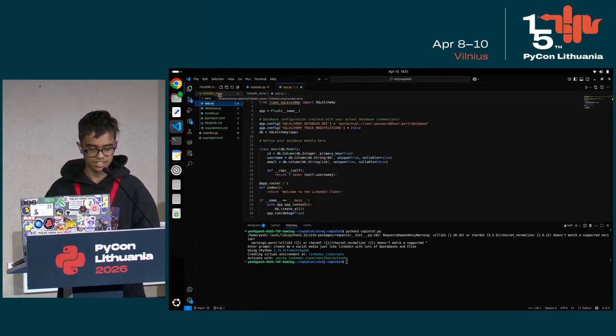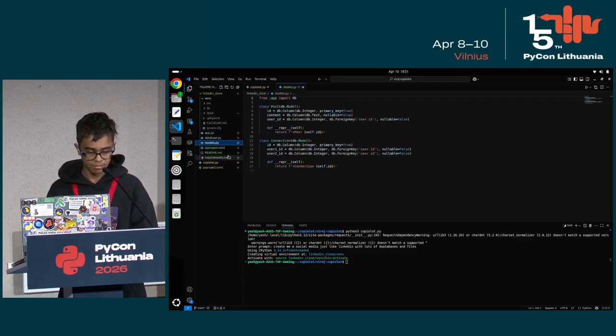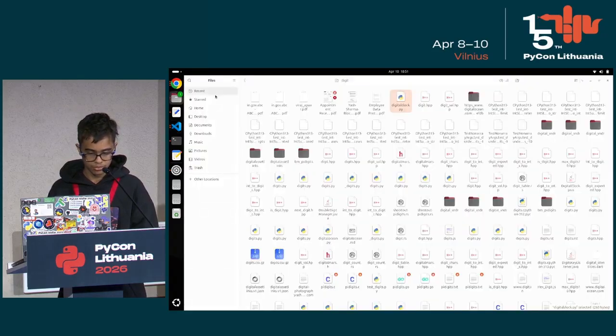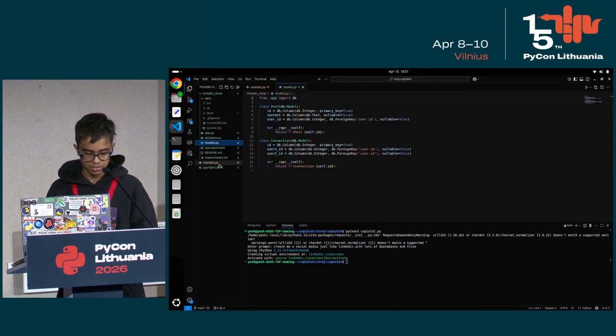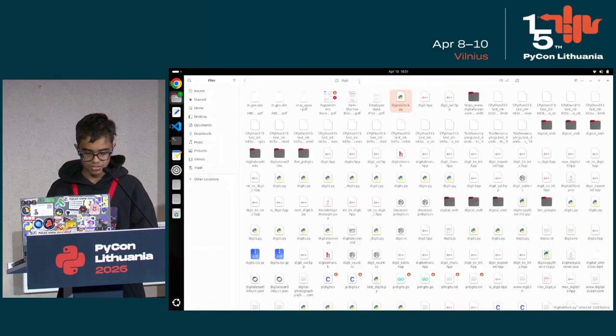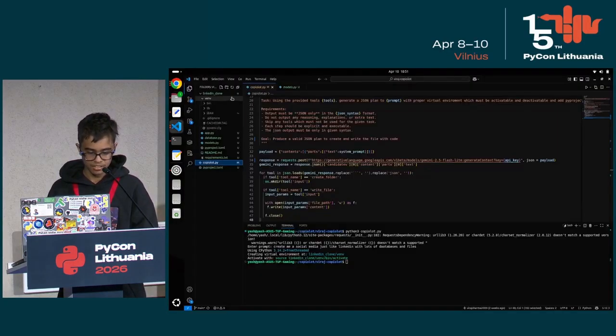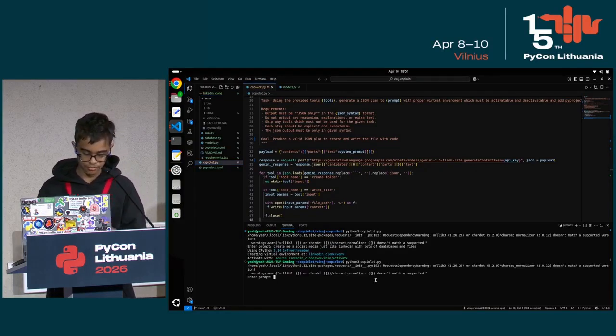See here, it generated your project, in which you have the venv, app.py, database models and all that. I can actually improve it by deleting it. I will prompt it again to make a better one, because since it does not have a loop, I have to basically add some front end to it.